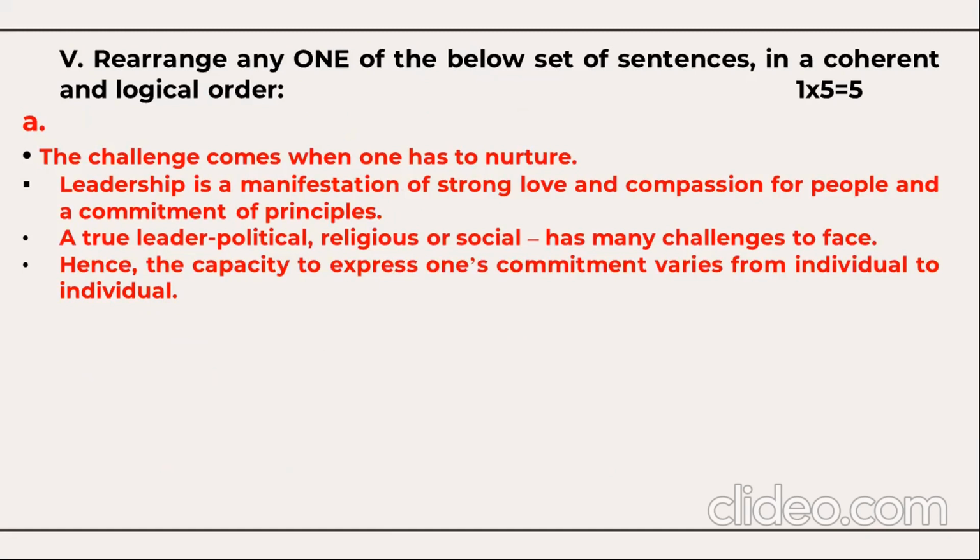Here you have two sets of sentences. So again, you have an option here, this for 5 marks. Just have a look here. This is the set number 1, set number A. You have 4 sentences here. They are jumbled sentences. You need to rearrange it in a meaningful context. Don't add anything extra. Just copy it, but rearrange in a very meaningful context. Suppose if you take one sentence in the wrong arrangement, you'll be getting 0 marks.